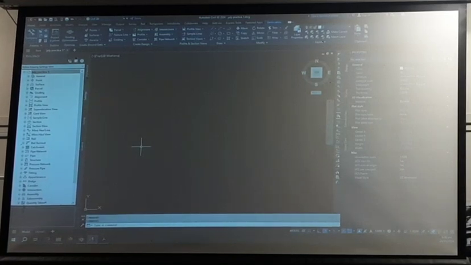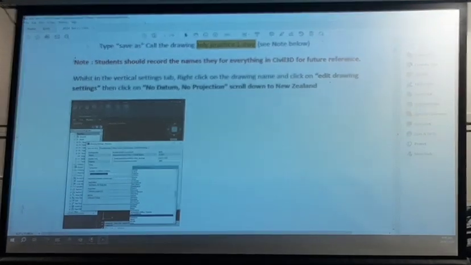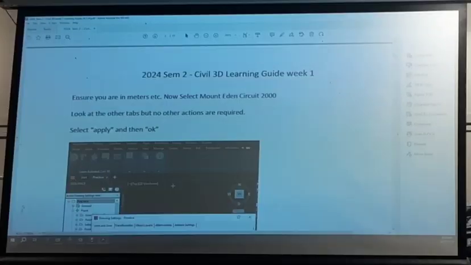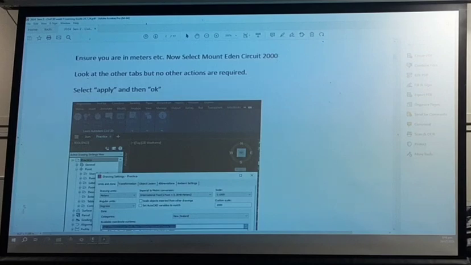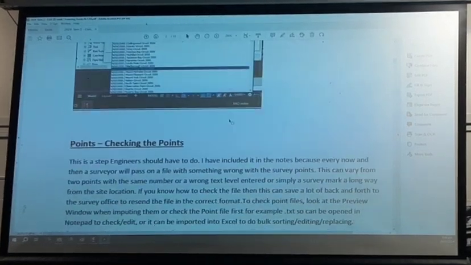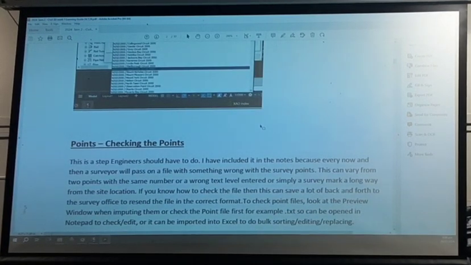We still haven't got our points in. We're getting there. So there we are, there's the Mount Eden circuit, and Apply and OK. So you should be able to follow that through quite easily with your